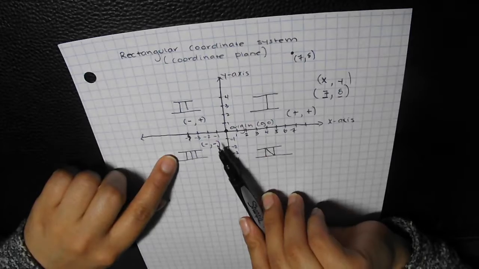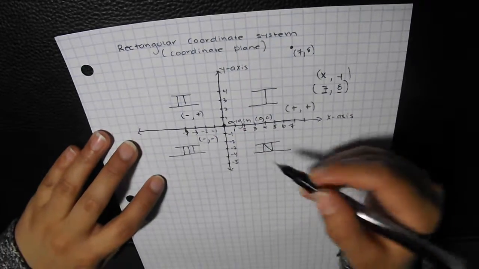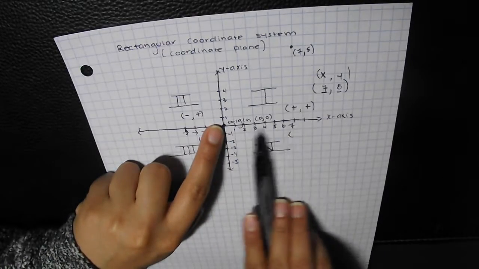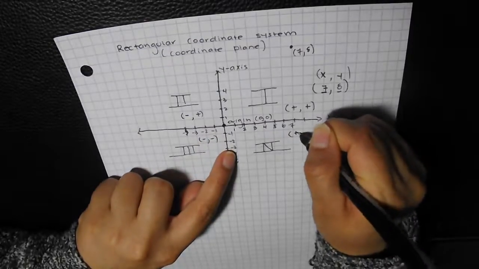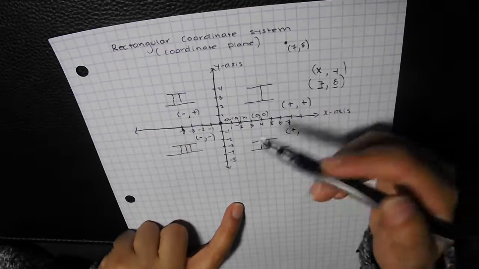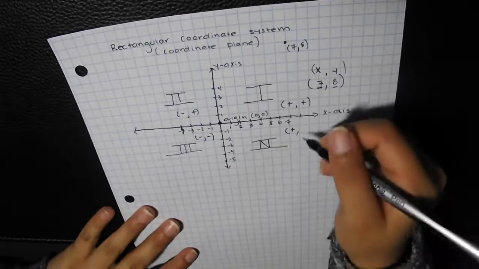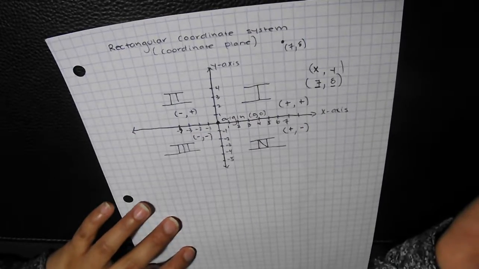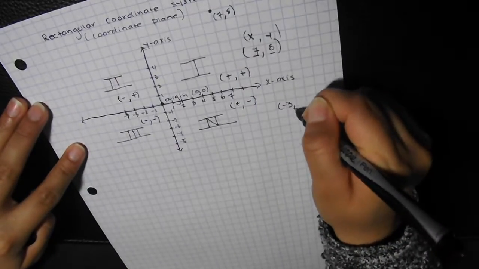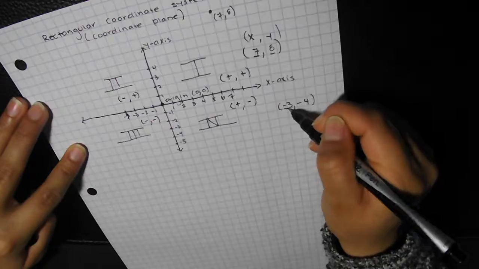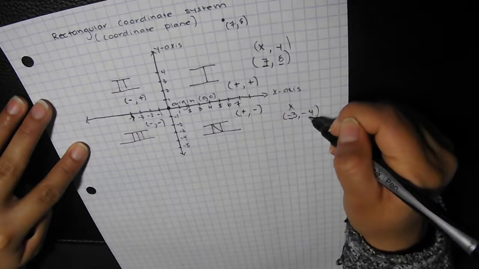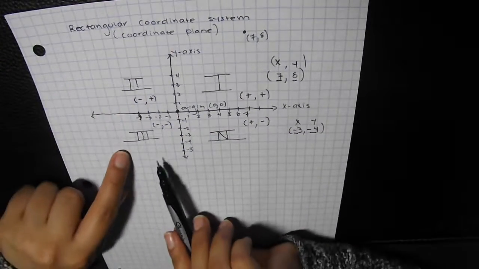So right here we have a negative, negative. And then moving along to the fourth quadrant, our x is to the right of the 0, so it's going to have a positive x value. So I'm going to put a plus for our x value. And now our y is below the origin, or the x-axis, so that's going to be a negative value. So if we're given the point (-3, -4), since our x value is negative, and also our y value is negative,